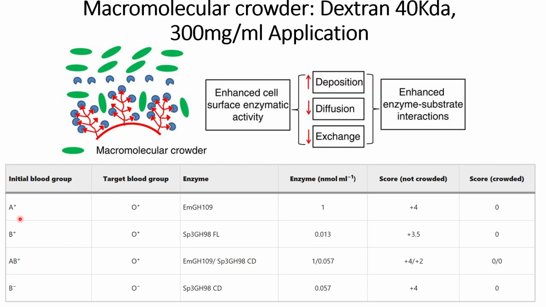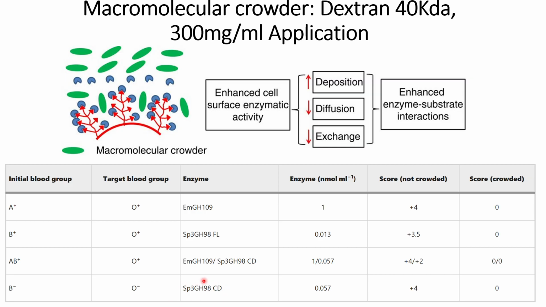What they found is that for A positive, excess carbohydrate structures can be cleaved off using EMG H109. Similarly, for B positive, excess carbohydrate structures can be cleaved off with sp3gh98fl. And for AB positive, they found two different enzymes, that is EMG H109 and sp3gh98cd. And for B negative cells they use the same enzyme that they use for AB positive cells,